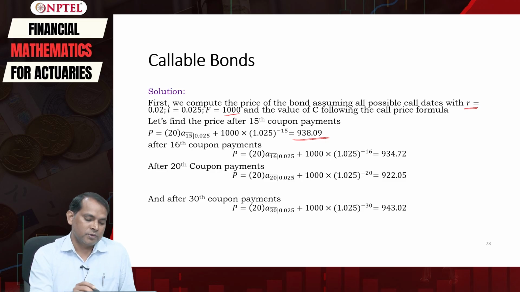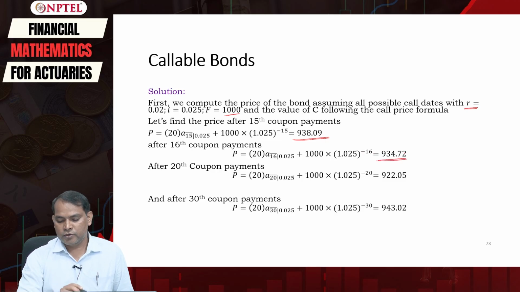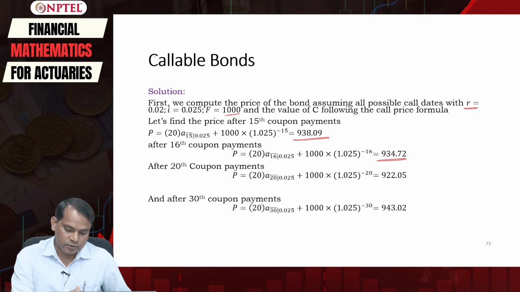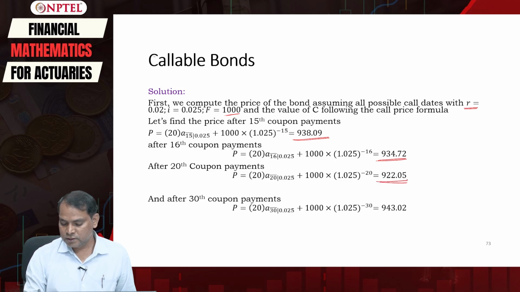Using this formula we will get price equal to 938.09. Similarly, we will compute this after the 16th coupon payment, placing n equal to 16 and the remaining values are the same, so that i is equal to 0.025 and here n is equal to 16, so we'll have minus 16 here, which will give us a value of 934.72. So you can go on computing this till 30. I have just done it 4 times, like after the 20th coupon payment, you will just place 20 here and then you will get